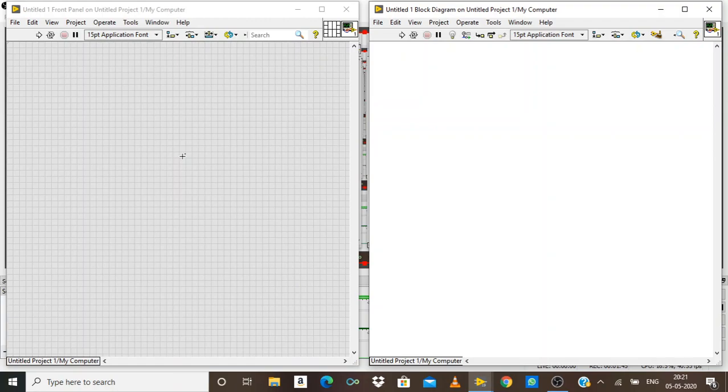In the front panel, all the controls which we need to control the circuit, all the indicators where we should see the results, and the display units we need are placed.